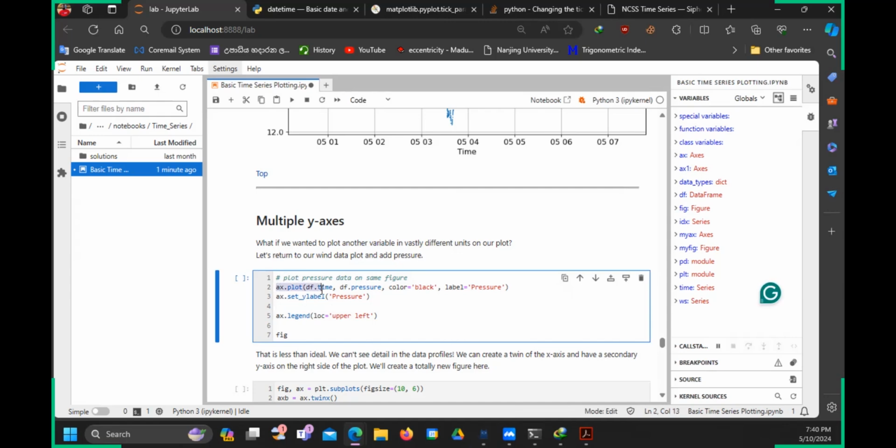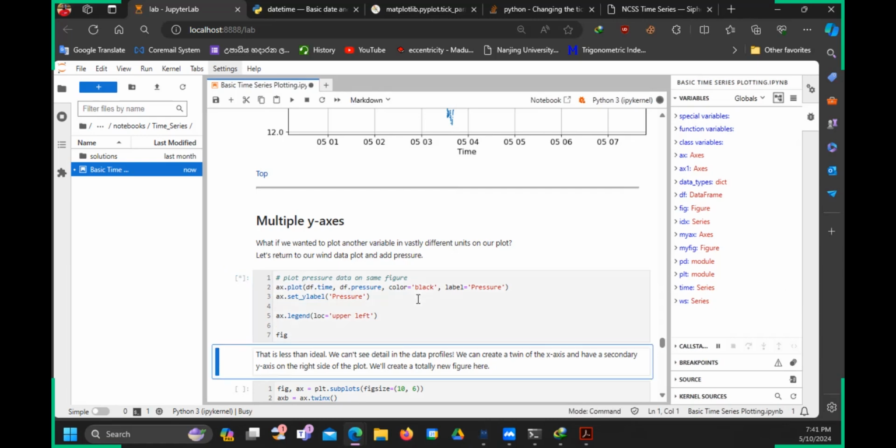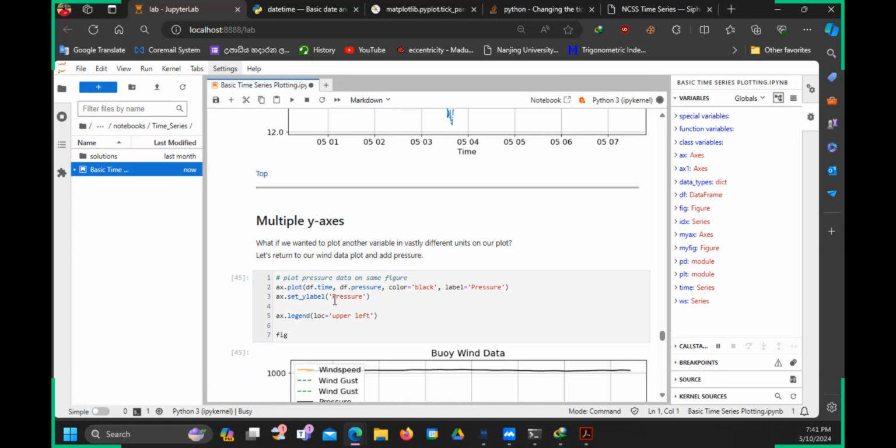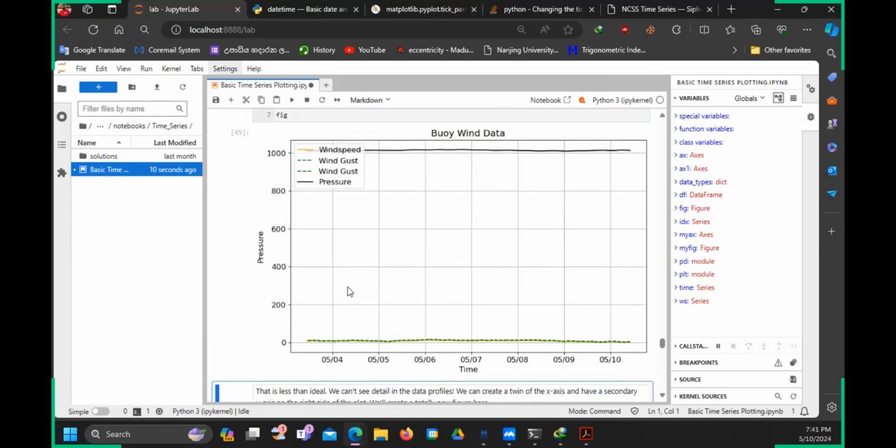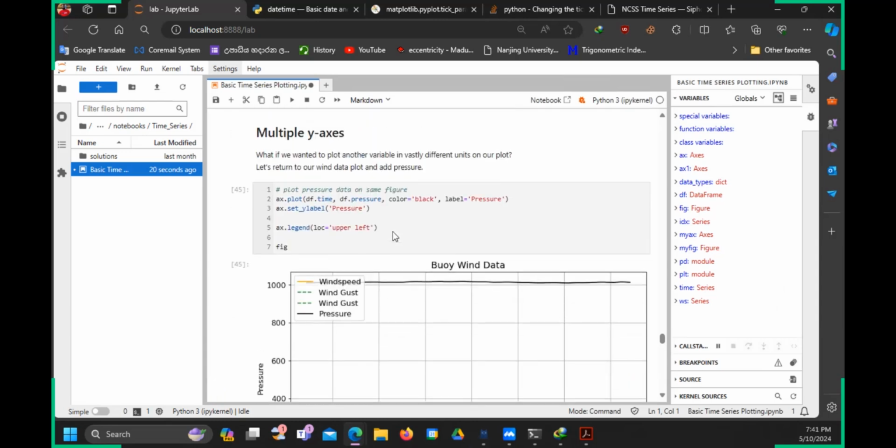For the AX, now I am going to put my third series. So my third series will be pressure. So now I am going to put the third series as pressure into my plot. So if I put this one, now you can see I have three different data here. Pressure, then the wind speed, and then the wind gust. I think wind gust appears twice. It's because